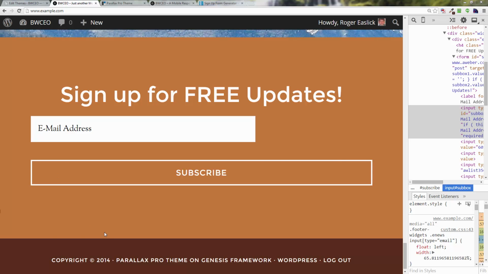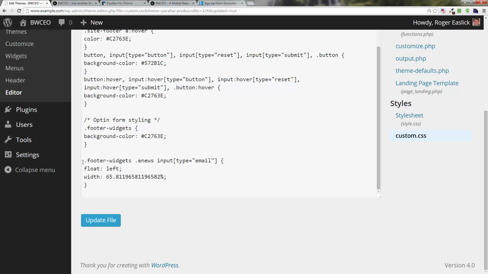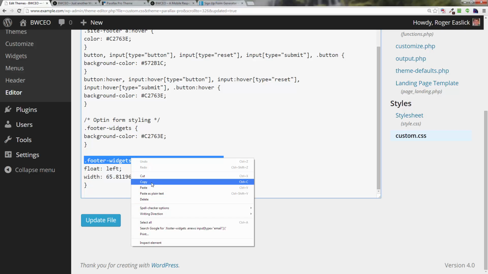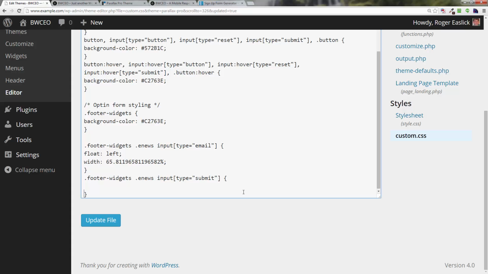So we're going to kind of piggyback off what we did with the email address. And we're going to just copy this line right here that says footer dash widgets. I'm going to right click, copy this, and put this underneath here. And instead of being the type email, we're going to change that to be submit. And now we'll put the closing bracket in so we don't forget, and then we'll do 2 times enter return, go back up 1, and the width is going to be, and again,